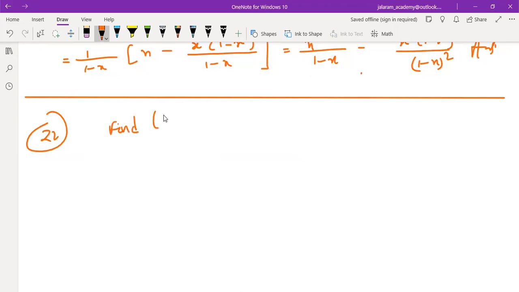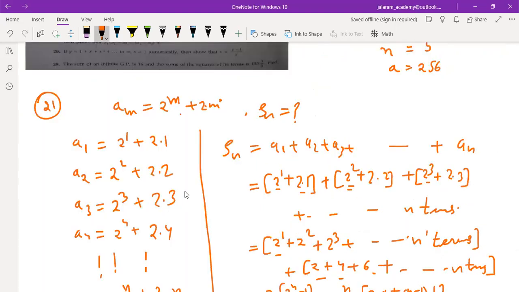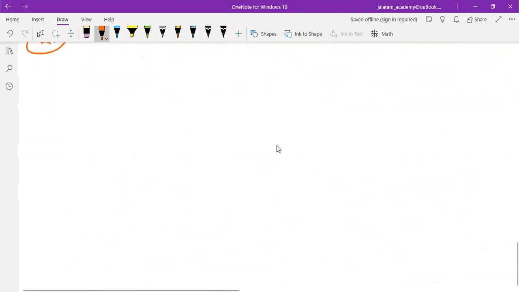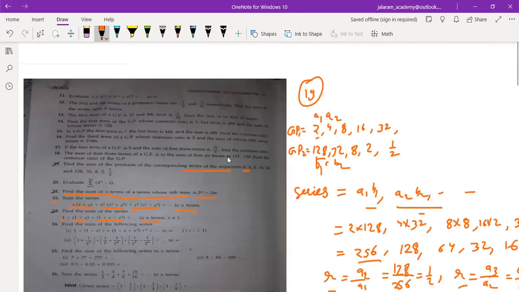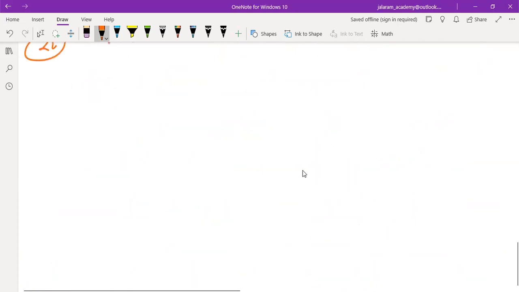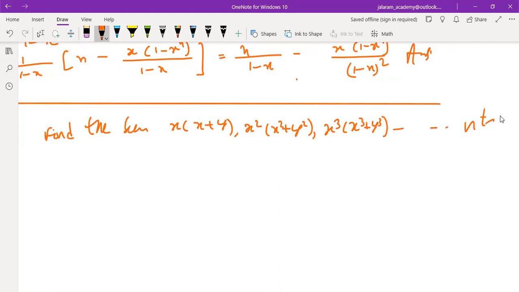Find the sum x into x plus y, comma, x square into x square plus y square, comma, x cube into x cube plus y cube, and we have to find this sum up to n terms. So sum is,